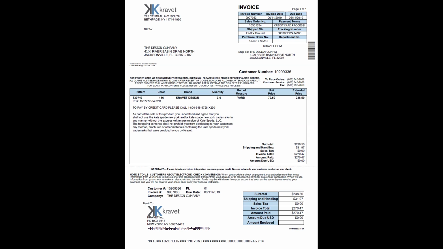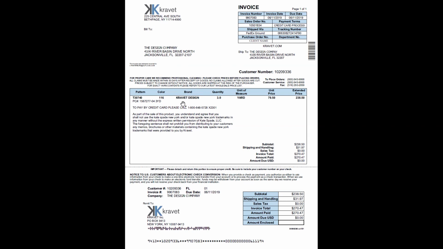They're all going, okay, well, if you want us to make this stuff or send you this stuff, you need to pay for it. And so this is the invoice that is sent for each of these products. Now, let's take a look at this. You can see we've got the logo for this, which was the trim. You can see 3 yards, and you can see here it's to the design company.